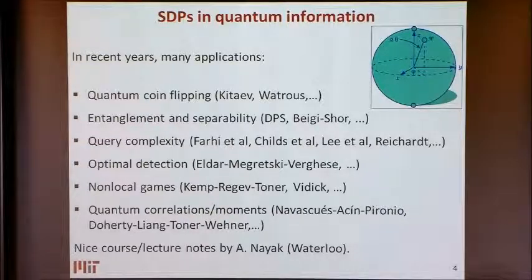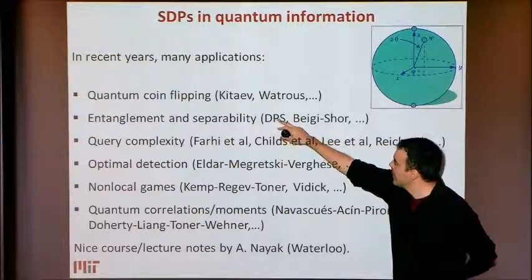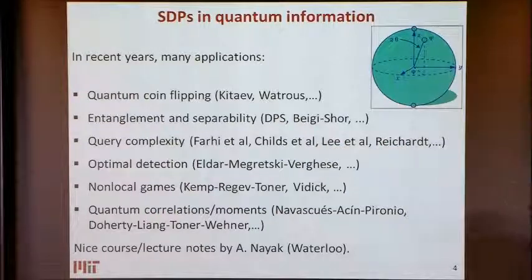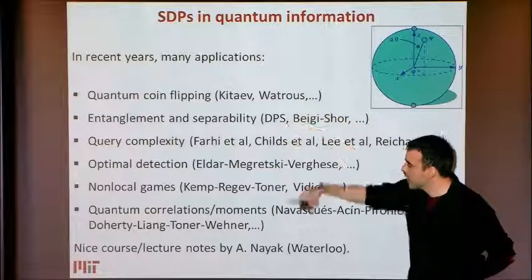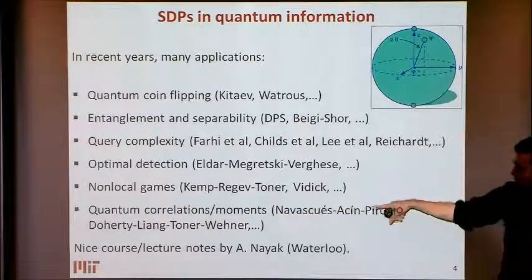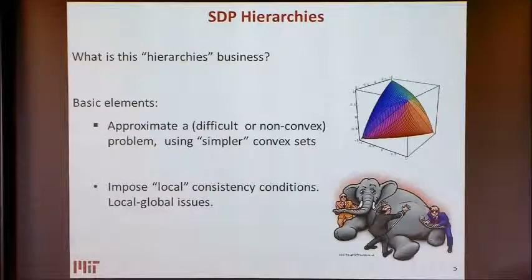These are some names. If your name is not there, and it should be, let's rewind and write it. And more than anything, the only things that I'm going to focus on is a little bit on some work that we did like 10 years ago on entanglement and separability, and somehow the corresponding, I'm going to use this as a segue into perhaps one of the things that I think many of you are interested in, which is how do we characterize a set of quantum correlations of moments, and how that allows me to compute perhaps values of games, or approximate values of games, I should say.